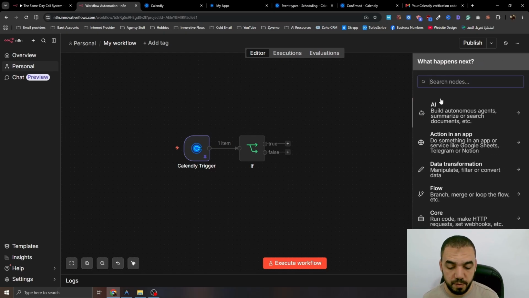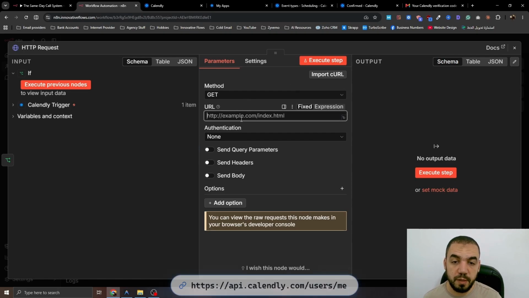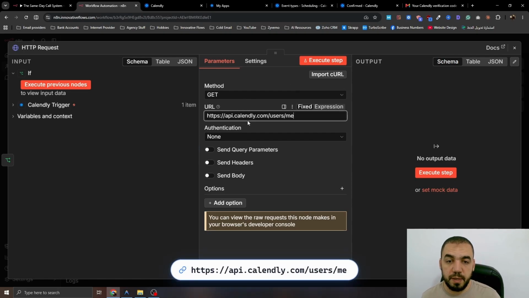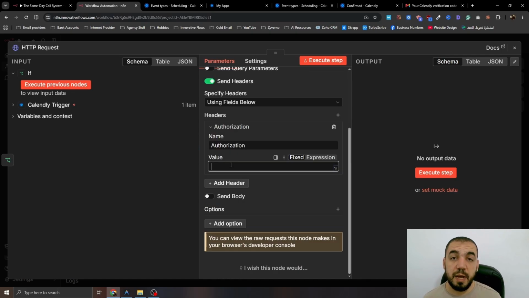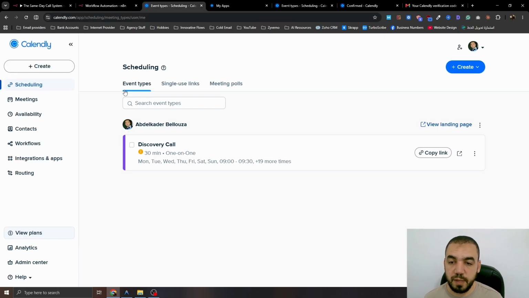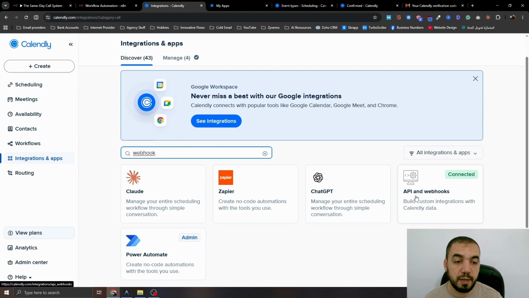So click on the plus and search for HTTP request. You want to leave the method to get, and for the URL, you want to type in the following URL, api.calendly.com/user/me, then enable send headers. On the name, you want to type in authorization, and on the value, you want to type in bearer and your API key. So head over Calendly, then click on integrations and app, search for webhook, click on API and